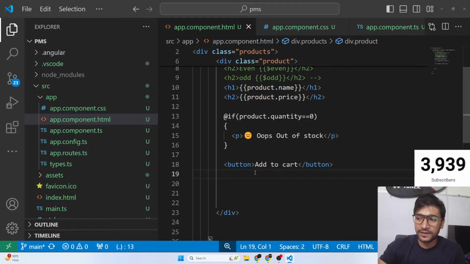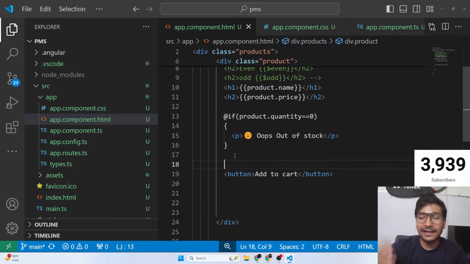Two ways. One thing, I can write if and else, and I can have one button for the activated case and one deactivated button. If it is out of stock, display a disabled button. If it is not out of stock, display a normal button.